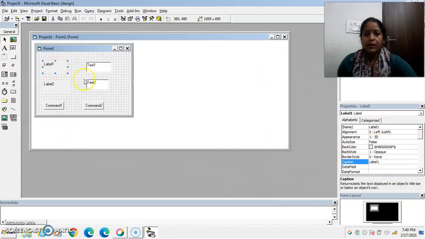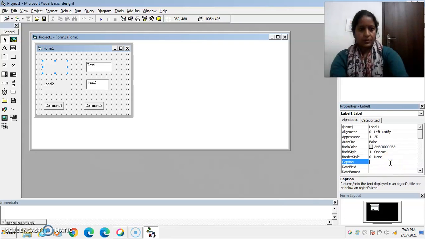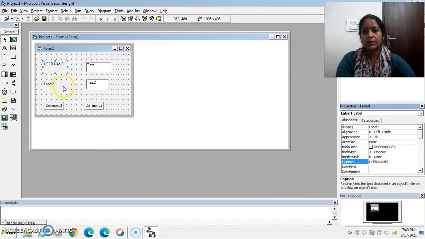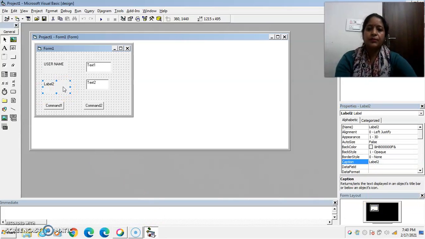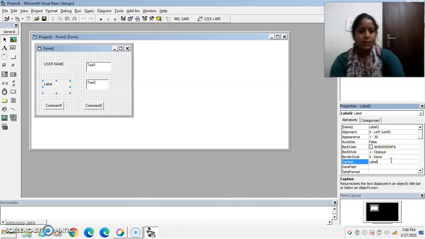I will set the caption of the first label to username. This is the login screen I want to design here. The caption of the second one is password.